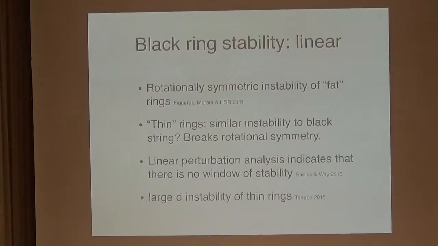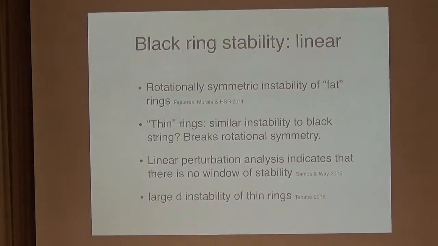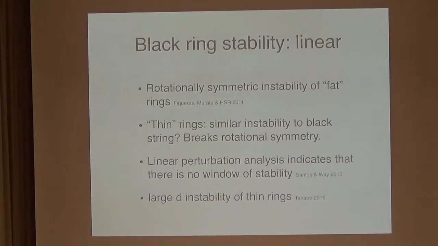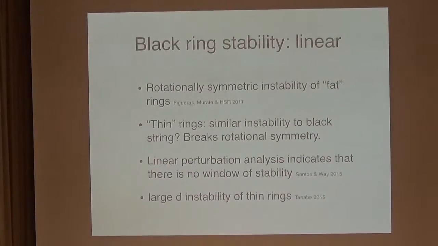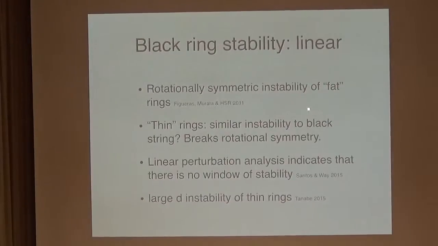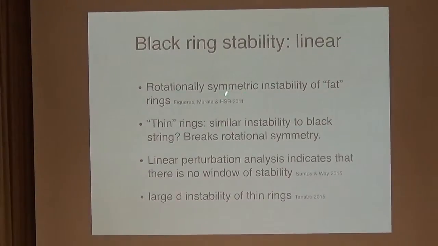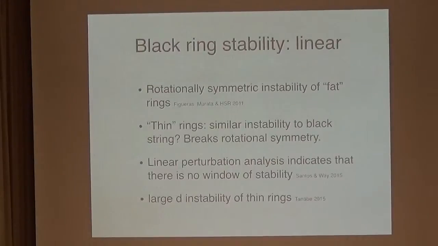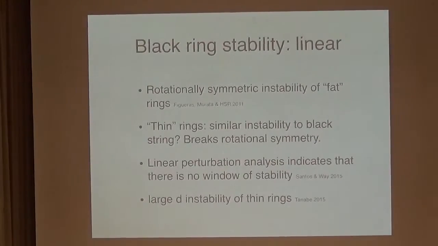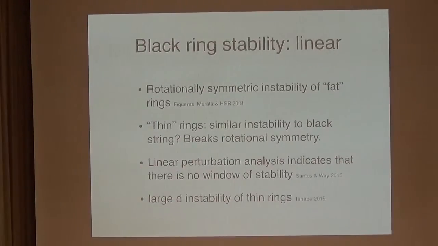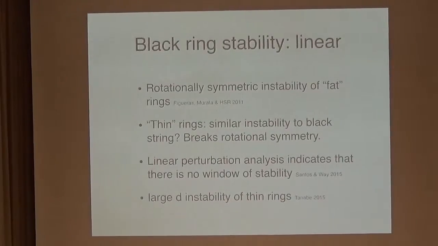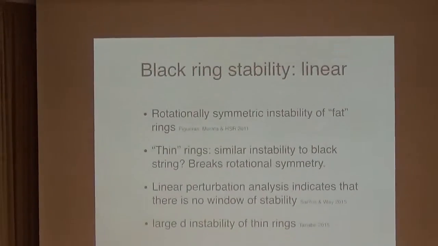What about the black rings? So this is again a subject where there's been a lot of recent progress. So I'm going to talk just about the 5-dimensional black ring, in other words the solution that we have explicitly. It's been known for some time that certain black rings are likely to be linearly unstable. It turns out you can divide black rings into 2 families, which we call thin and fat. They can be distinguished by the sign of their heat capacity at fixed angular momentum. So thin rings look more like a hula hoop, and fat rings look more like a bagel.